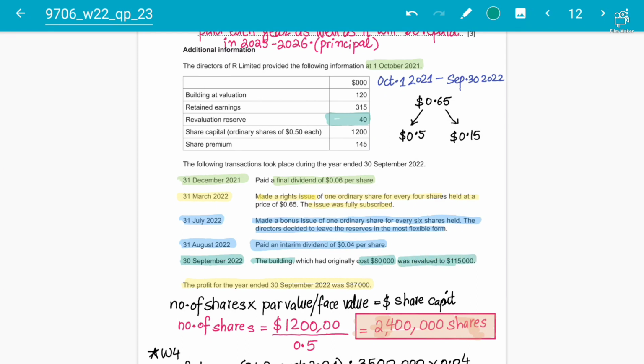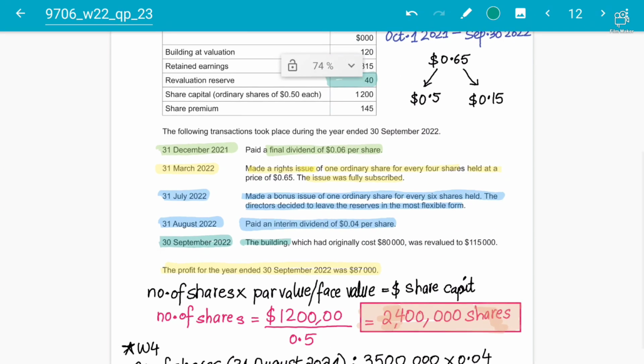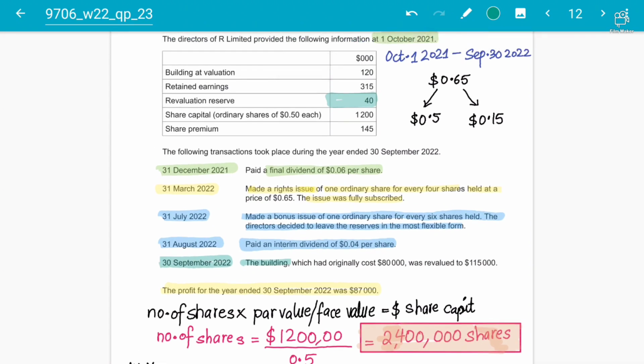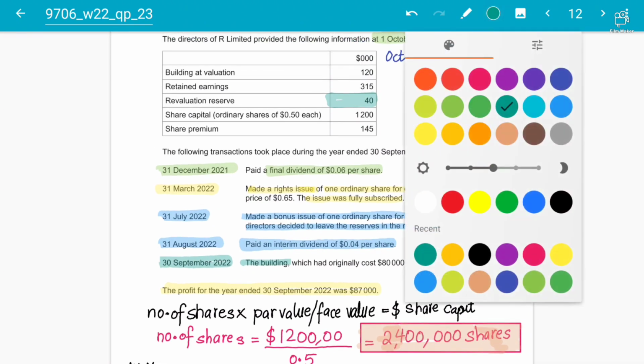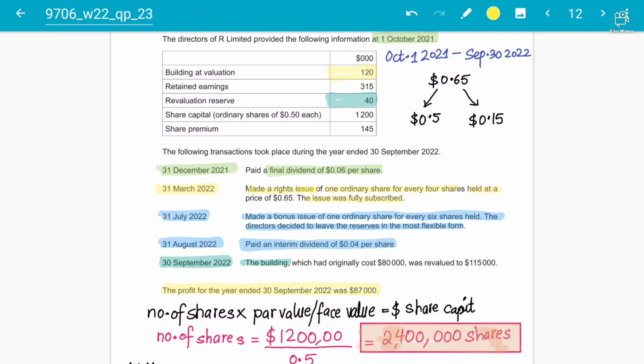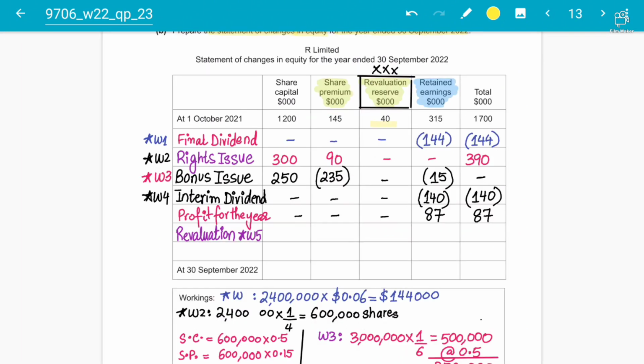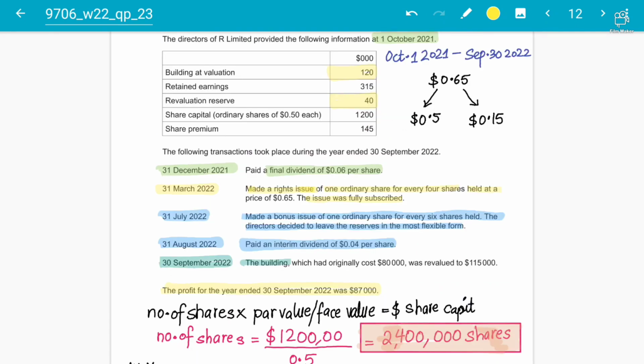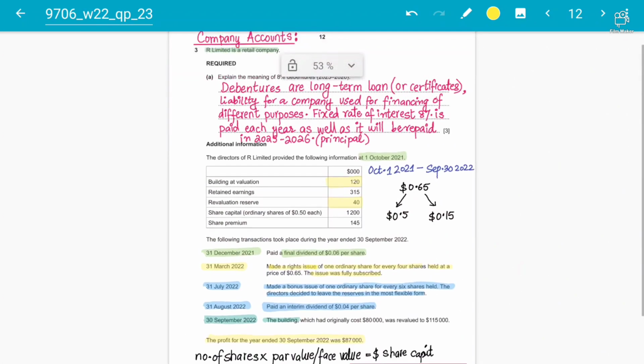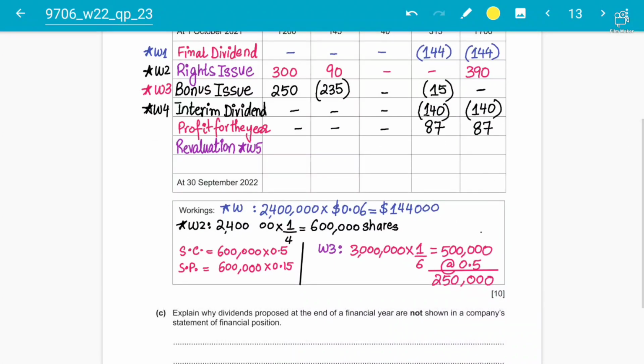So this is the adjustment of 1 mark, and you need to understand that at the start of the year the cost was 80,000 and you had valued it at 120,000, which means a 40,000 revaluation reserve was generated, and that is already mentioned here. Now in order to get if the revaluation is downward or upward, always remember how you do this. Let me just see where a free space is there. Yes, let's do it here.